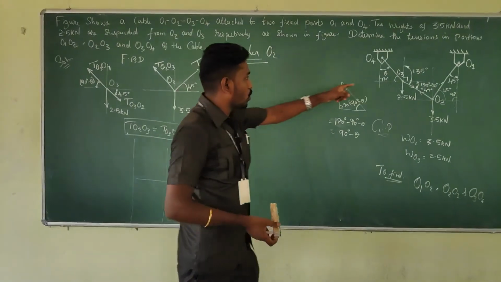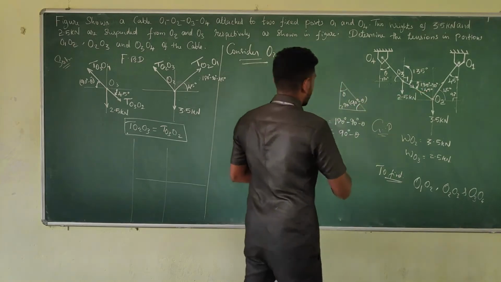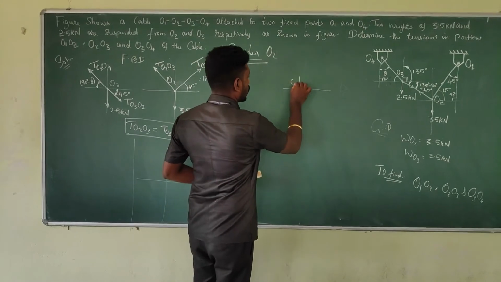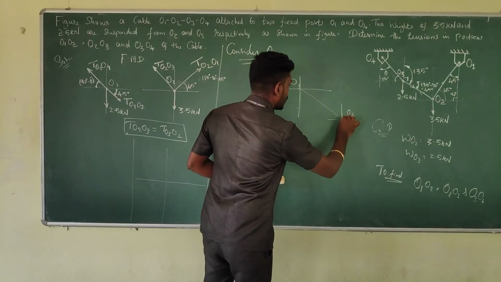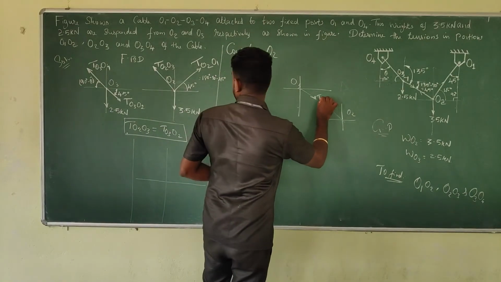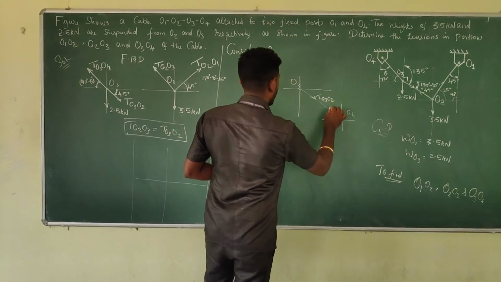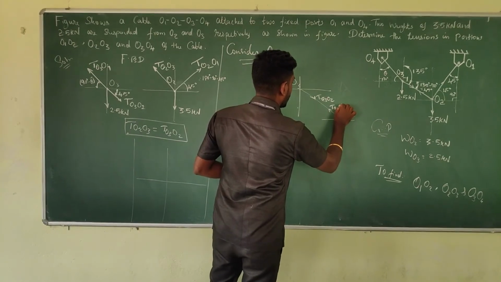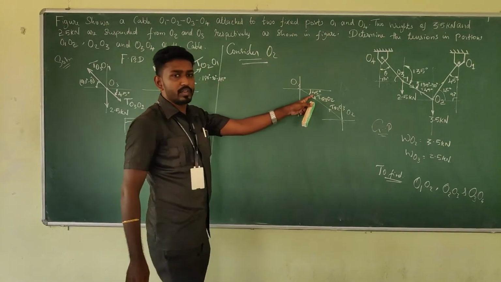When you are considering the O3, we got the value. This is with 45 degree. Am I right? So that means clear picture I can show here. So this is the point O3 and here is the point O2. So this is how the connection is. So here is the force, tension force T O3 to O2, and here is the tension force T O2 to O3. Okay, it already calculated, which is nothing but 45.